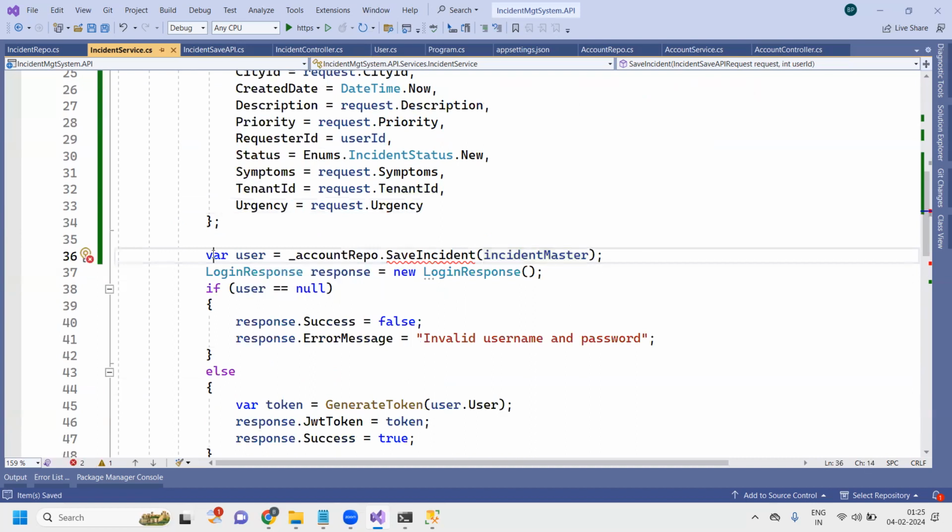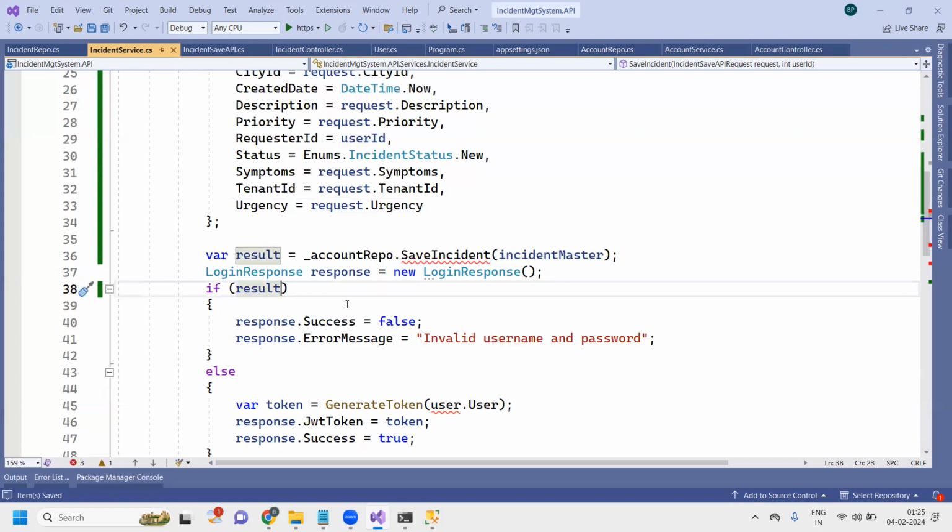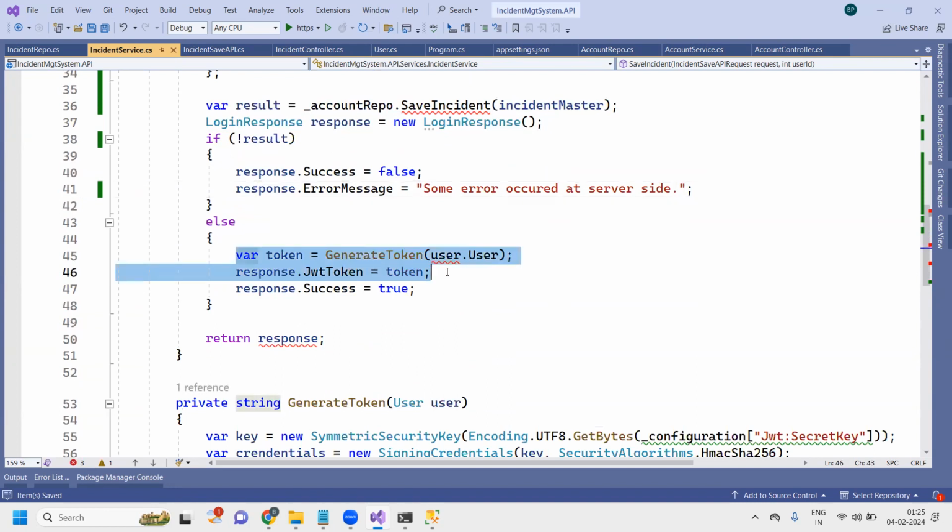Then result. So if it got successfully saved in the database, then it will return true, and if it is not true, then you can return an error message: some error occurred at server side. Okay, otherwise you can just return success true,